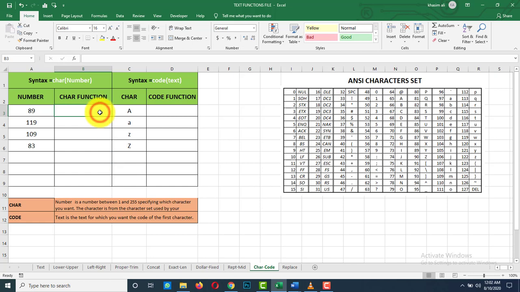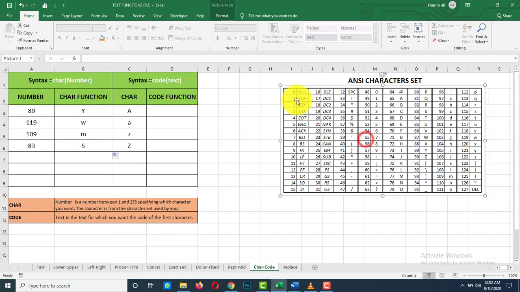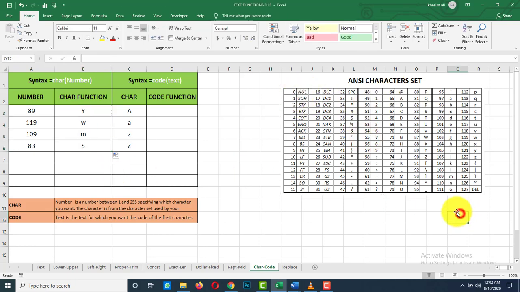Equals CHAR of A3. See, 89 is the code for the character Y. You can find here the ANSI character set, that is 0 to 127. You have one more character set, that is the ASCII character set. From that only it displays the CHAR or CODE functions.